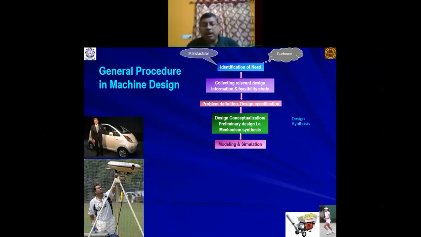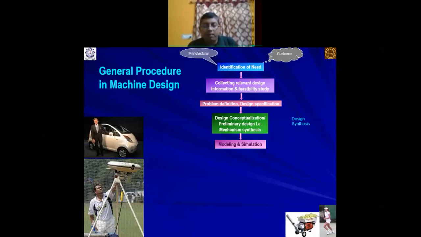Now, with the speed, you know how much initial momentum is required, and how much hitting is required of the slider. That means how much speed the slider has to hit the ball with, then only you can achieve it. This is nothing but your engineering mechanics. So you have to solve this engineering mechanics. Once you know how much slider speed is required, that means the time history of the slider speed, the slider speed with respect to time, how it is required to achieve that particular bowling speed is your input point. Now, once you know the velocity versus time of the slider, acceleration versus time of the slider,